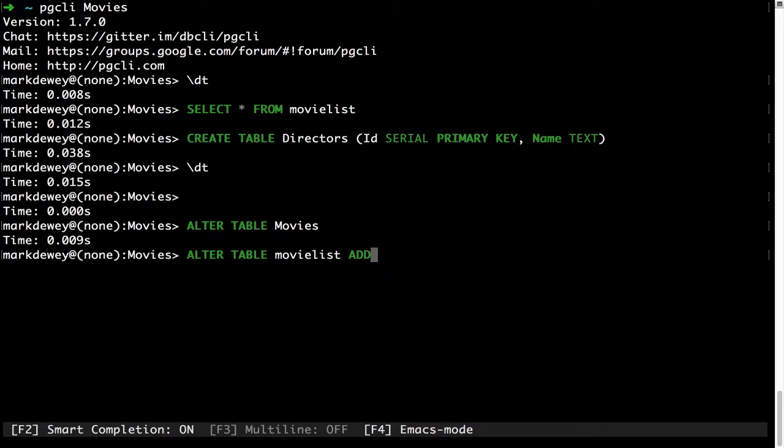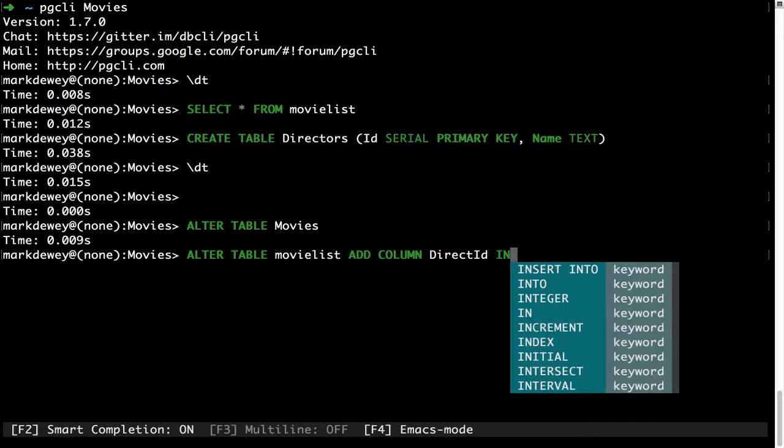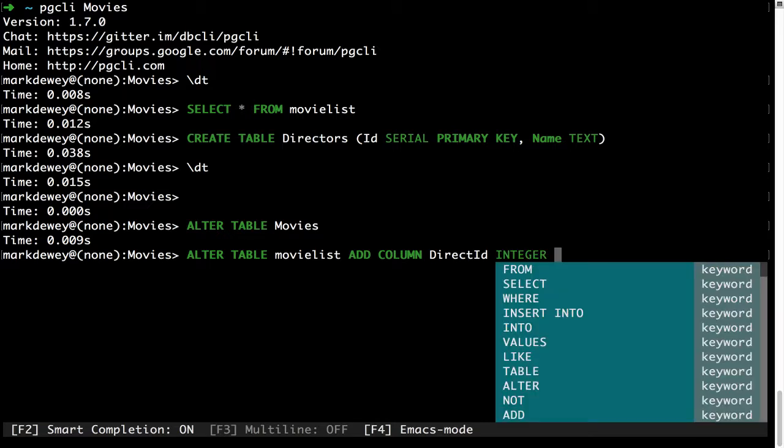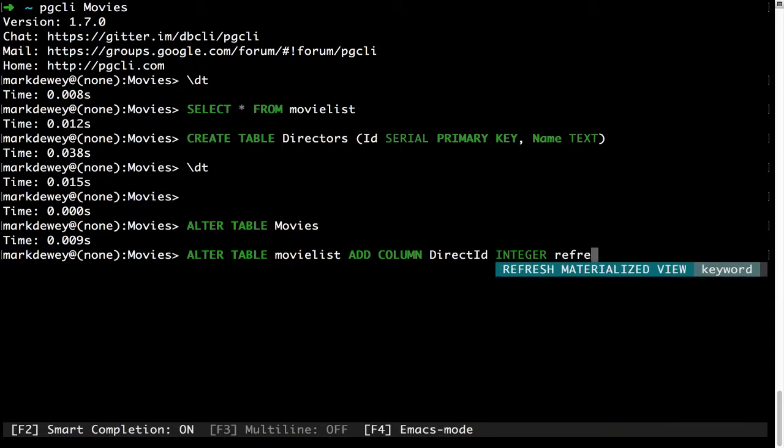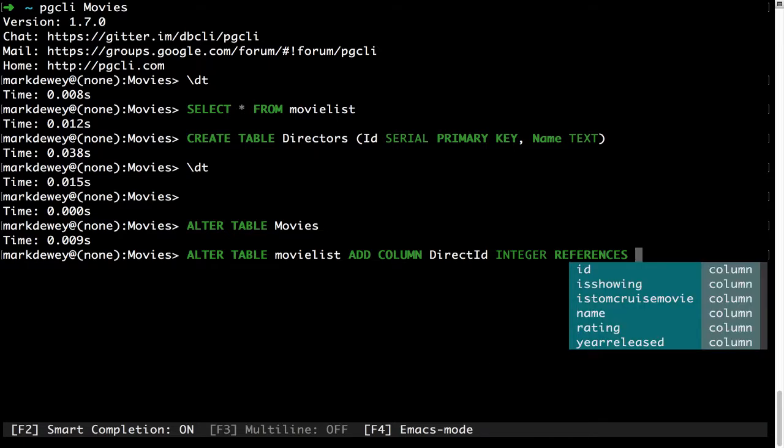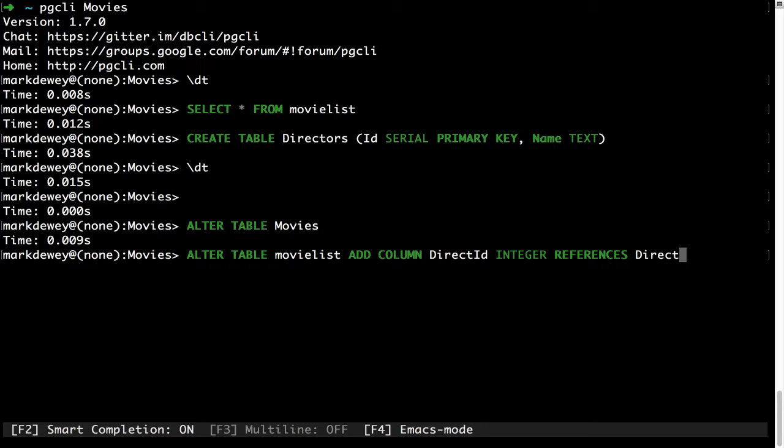I want to add a column. I'm going to call it director ID. It is an integer, and it references directors